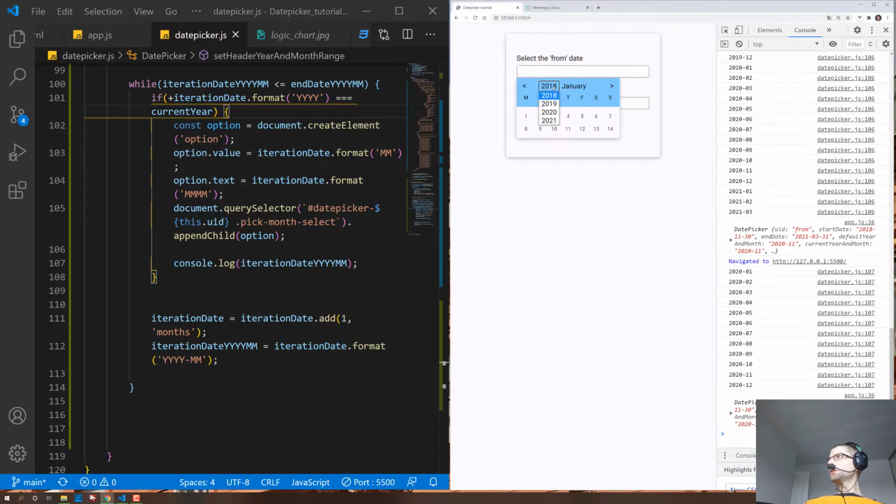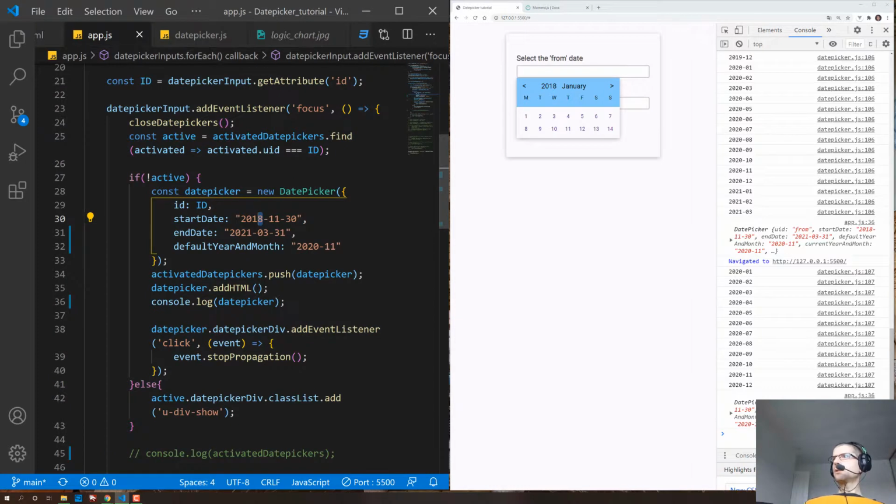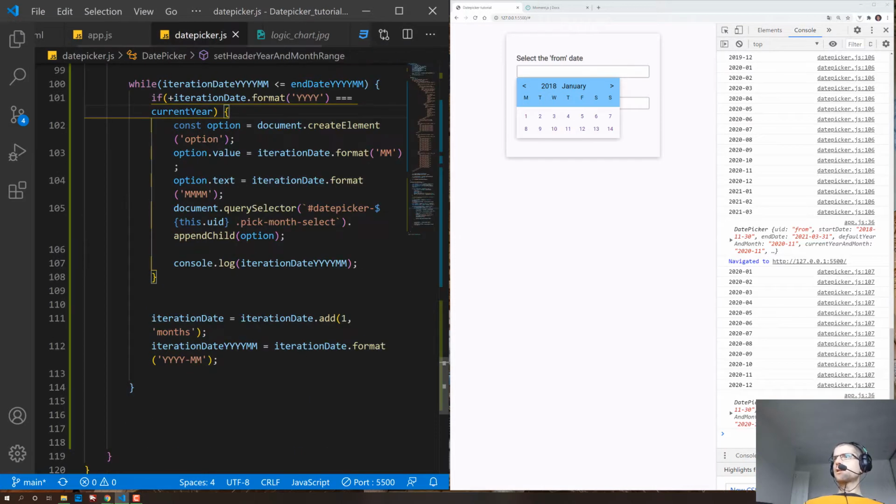So 2018 still shows January, of course, because yeah, so it's not dynamic, right? We have to go, because the default year and month is 2020, and right now they're not displayed here. So okay, let's just not test it yet. What we should do is we should make sure that the current date and the month is correctly displayed here. And the way we can achieve that is